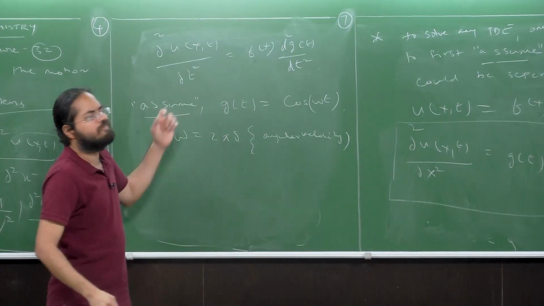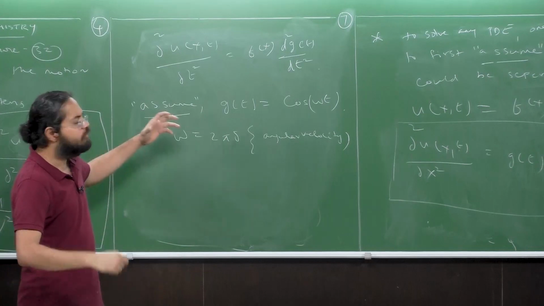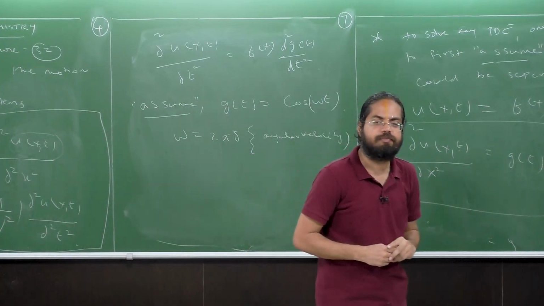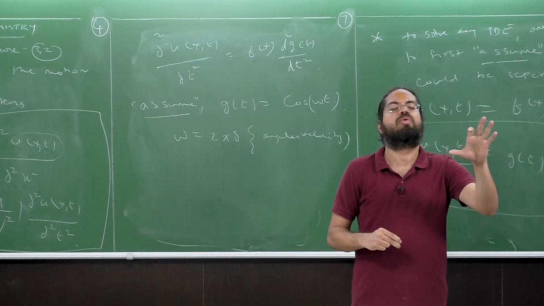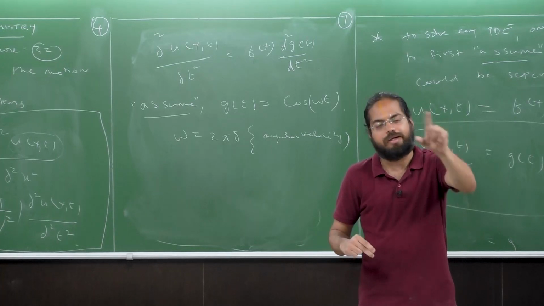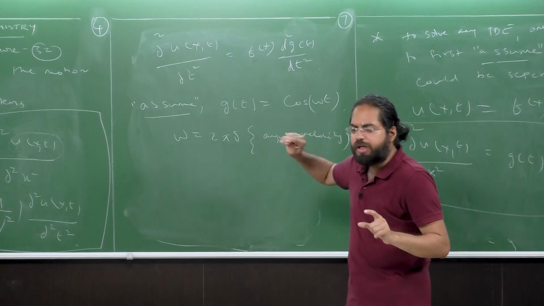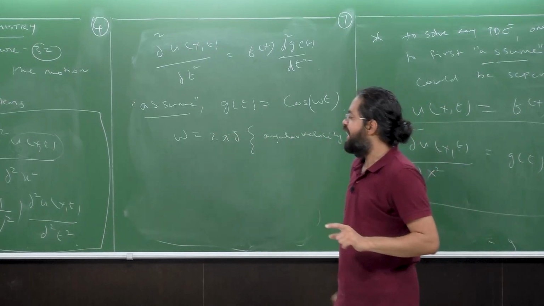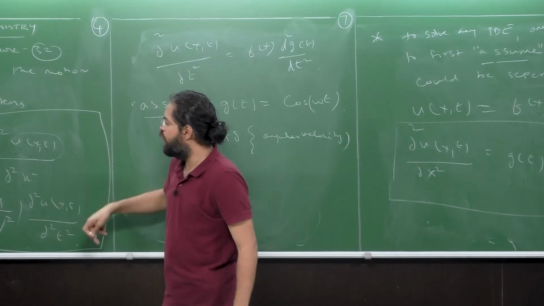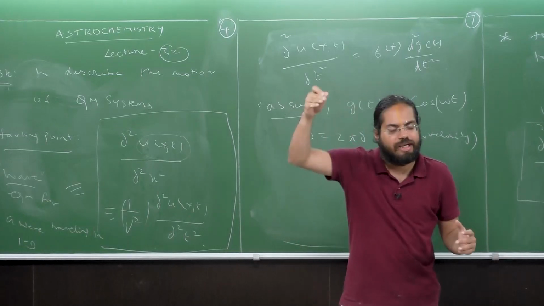So what is the validity of this assumption? Can somebody please tell me why it is valid that I can assume that my g(t) is cos ωt? Well, I'll give you an intuitive answer here. The finer details will be looked into in the tutorials. But for the intuitive answer, what is this equation after all? This is the equation of a wave, right? Now, we know that waves are oscillatory.